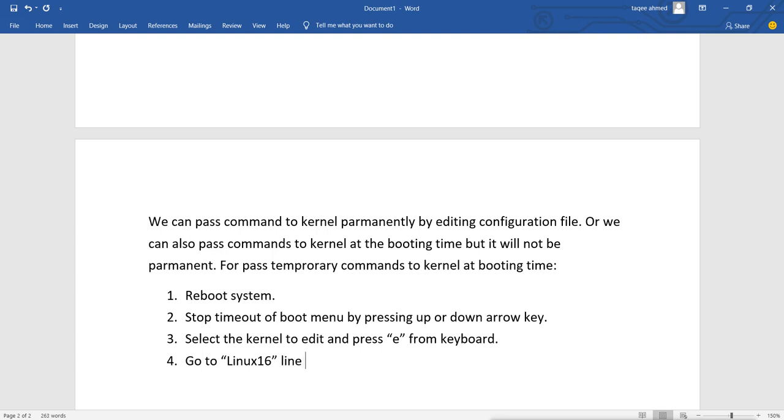So find the linux16 line, and go to the end of the linux16 line